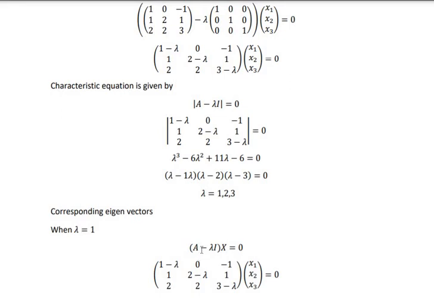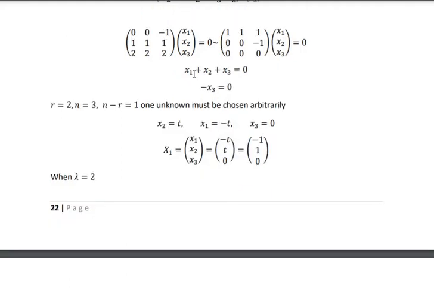So we can take A minus lambda I into x is equal to 0. So you know what is A minus lambda I, so you can write here 1 minus lambda 0 minus 1, 1 2 minus lambda 1, 2 2 3 minus lambda, x1 x2 x3 is equal to 0. So after some elementary operations, you will get the equation as x1 plus x2 plus x3, so that will be equal to 0, and minus x3, so that will be equal to 0. Okay,